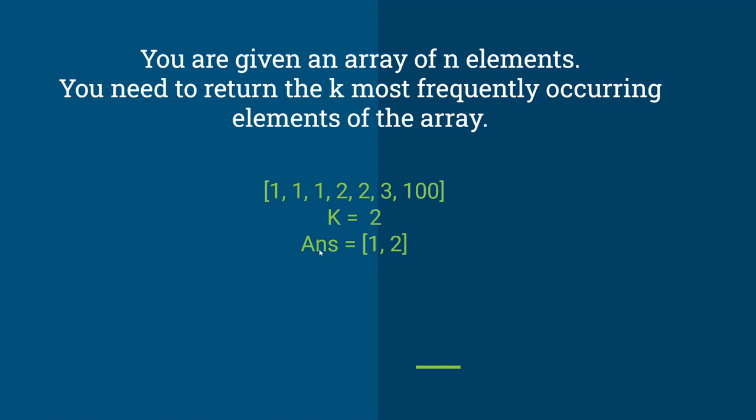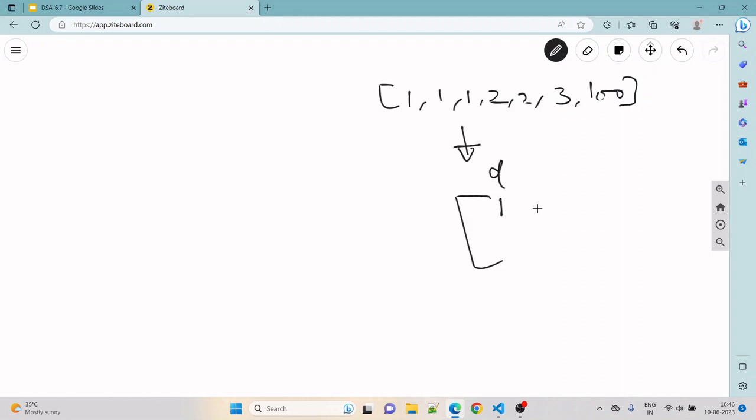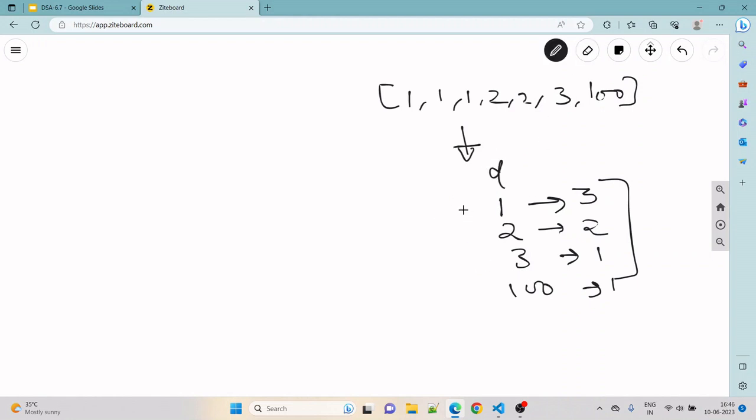Let's see how we are going to do it. First of all, we'll maintain a dictionary with key as the elements in the array and the value as their occurrence. So 1 occurs 3 times, 2 occurs 2 times, 3 occurs 1 time, 100 occurs 1 time. Okay, once we have this dictionary,